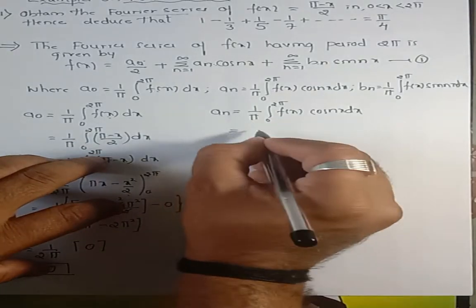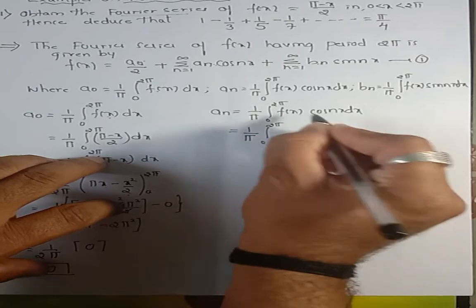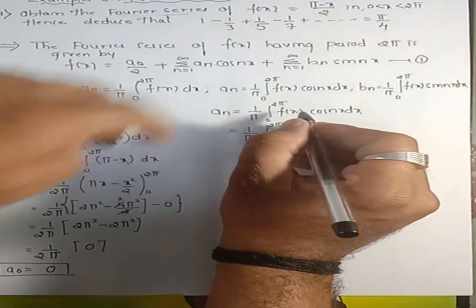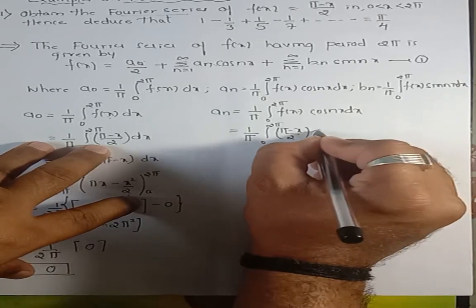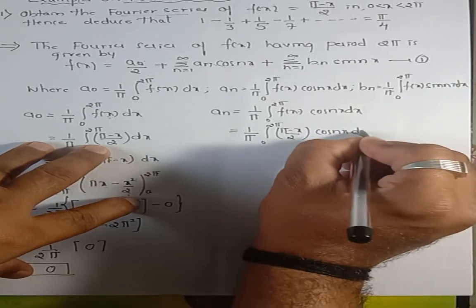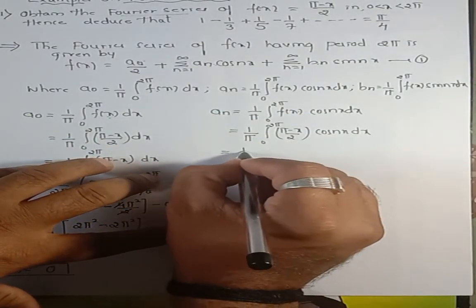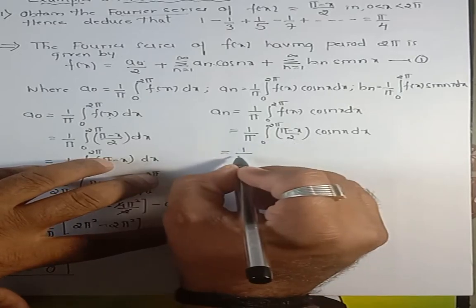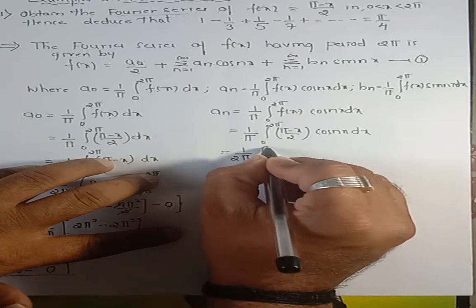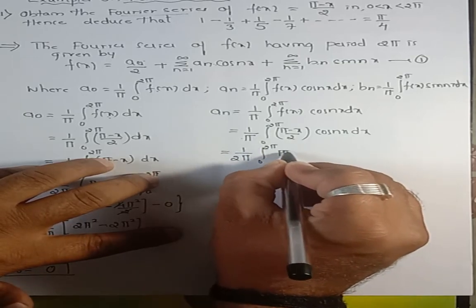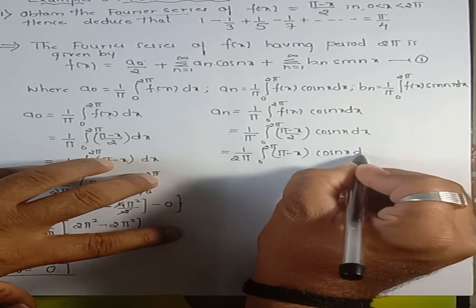dx is equal to 1 divided by pi as it is, integration 0 to 2 pi as it is, f of x, again you have to use the same function, pi minus x divided by 2 into cos nx with respect to dx. Okay, now as I told you, I used to take the constant outside 2 pi, I have taken 2 outside. So integration 0 to 2 pi, pi minus x as it is, cos nx with respect to